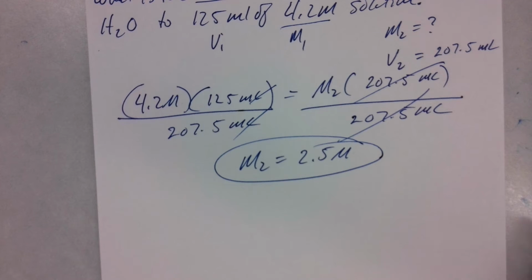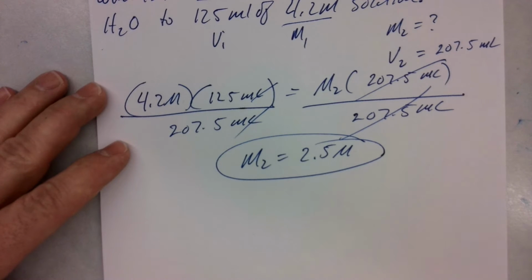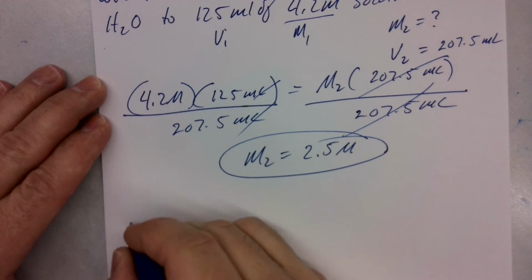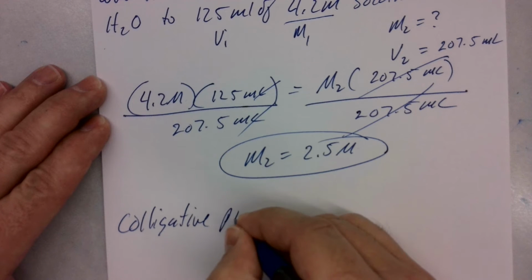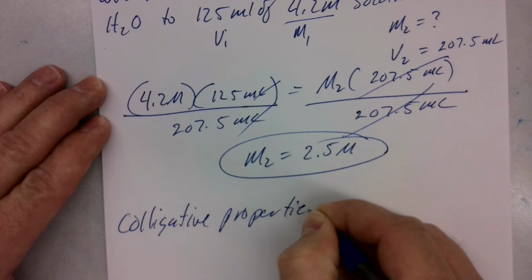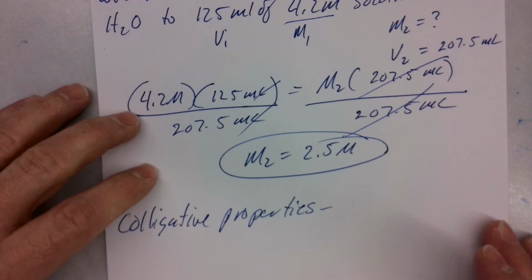Now, you're going to do a lot of this in the lab, and I'm going to be honest, this is one of my favorite labs simply because, I don't know, I think this stuff kind of fascinates me, and it applies a lot. But colligative properties. Colligative properties are like freezing point depression, boiling point elevation, things like that, right? And the definition of colligative properties is,